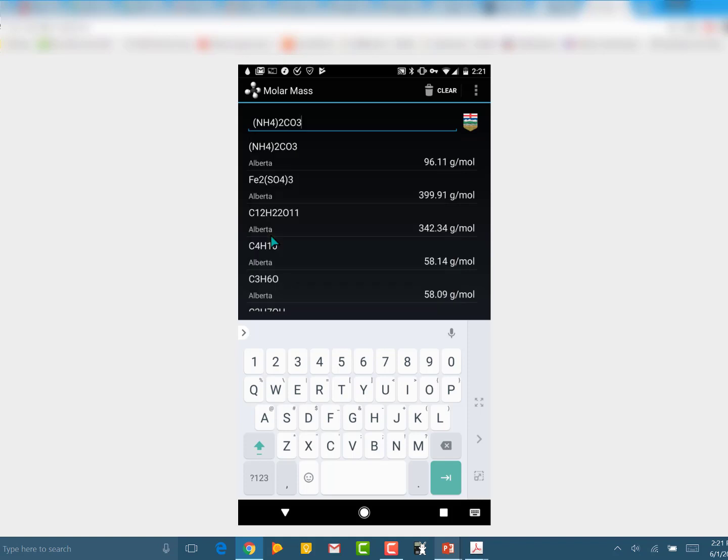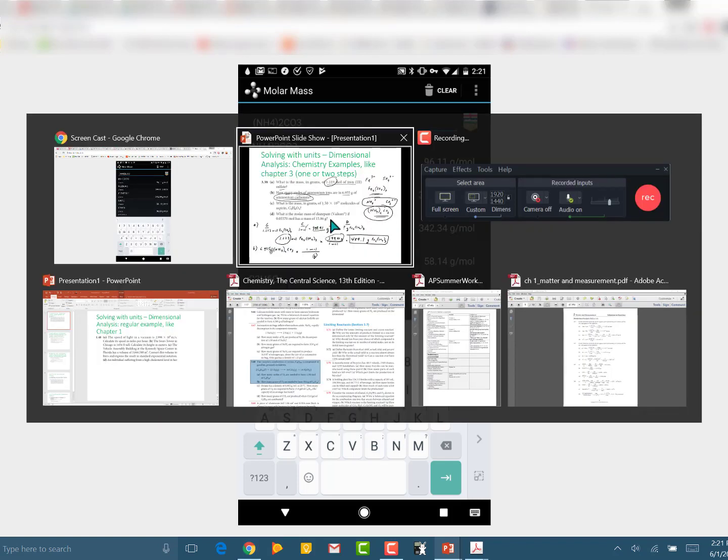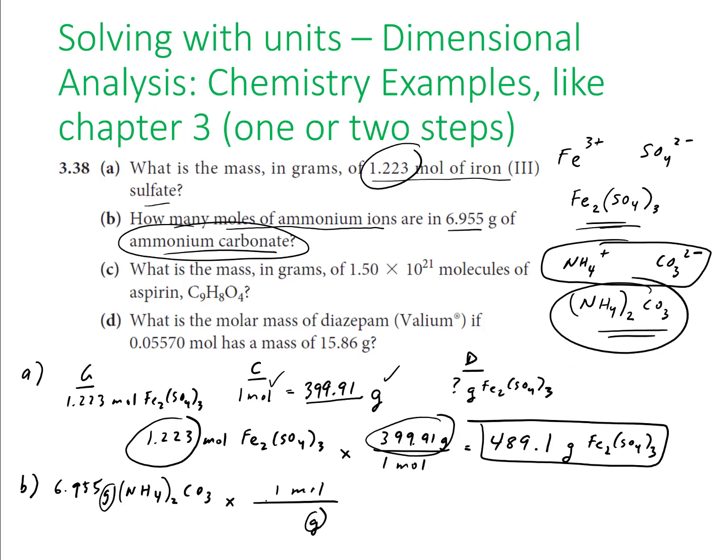So I tap on it, 96.11. So 96.11 goes here. Okay, and it looks like I just divide these two. So 6.955 divided by 96.11. And I should have 4 sig figs. I probably should have gone one more decimal, but that's okay. So I should have 4 sig figs here. So 0.07